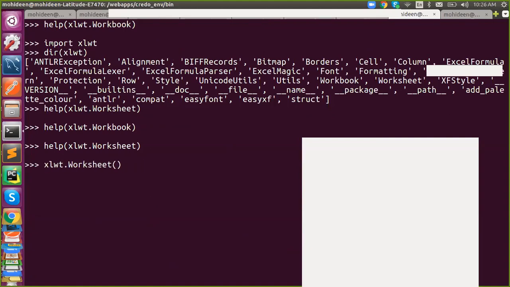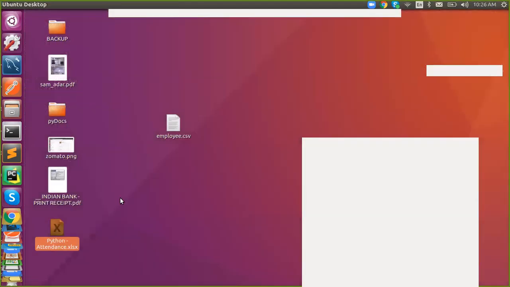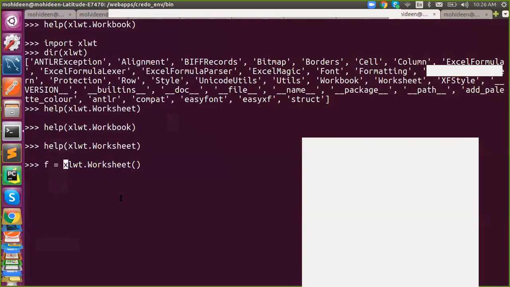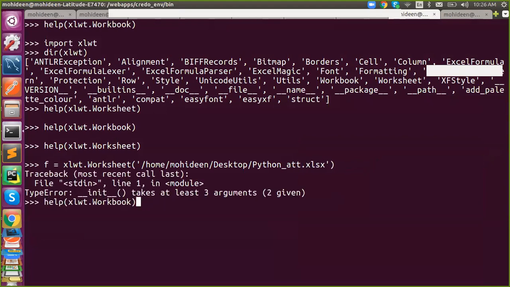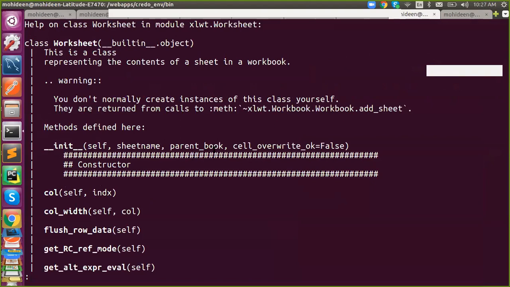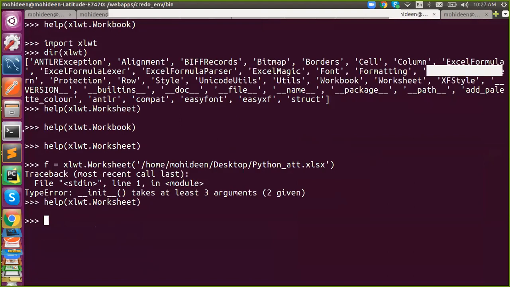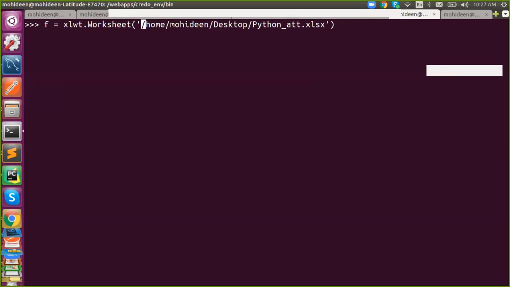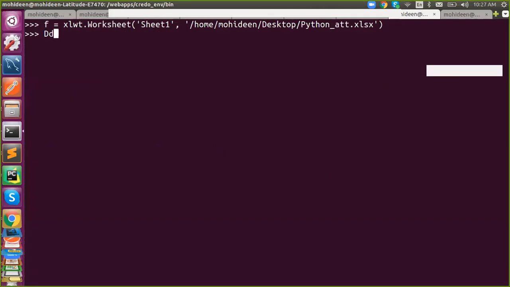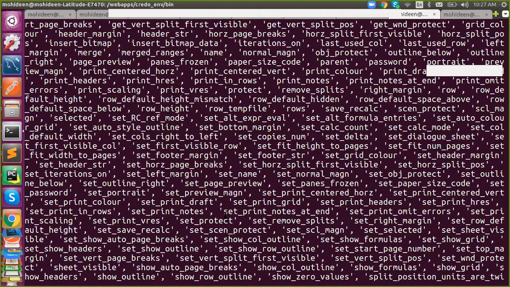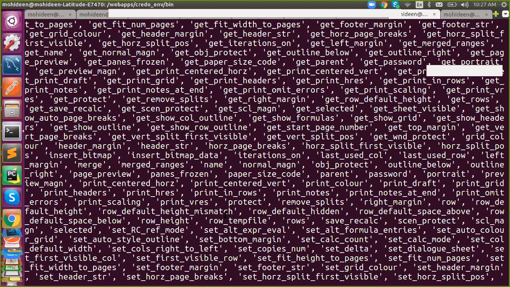But here we need to pass a sheet name. Then again you can start writing it. So you have write options. Everything is there. Start writing it.